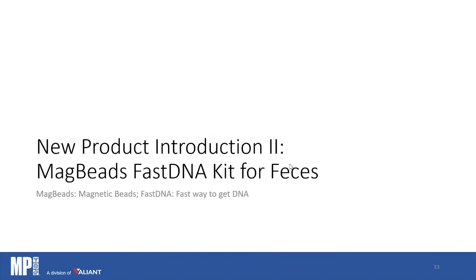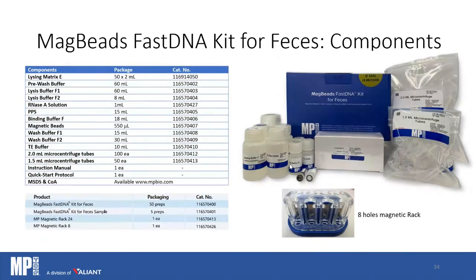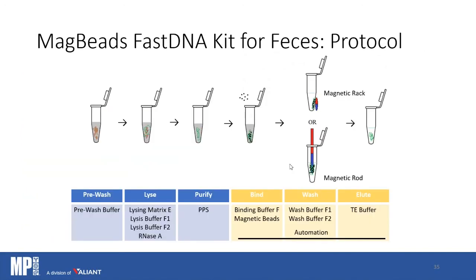Moving on, let's look at the second new product, which is the MagBeads FastDNA Kit for Feces. These are the components of the kit, and similarly, we will have the 50 prep packaging size and 5 prep trial kits. And we also have magnetic racks of 8 and 24 holes to support this kit. To extract feces